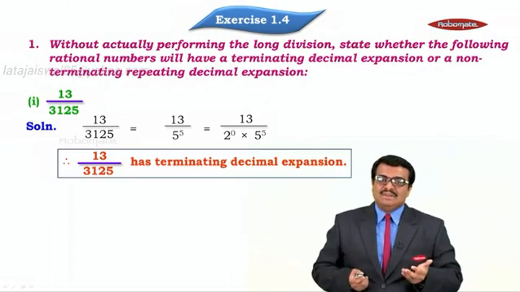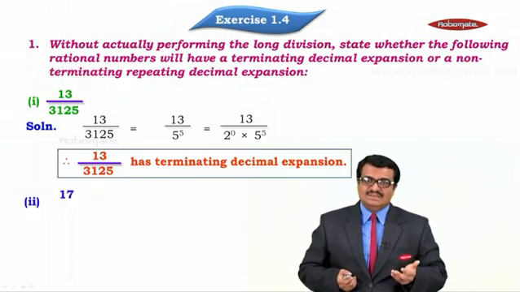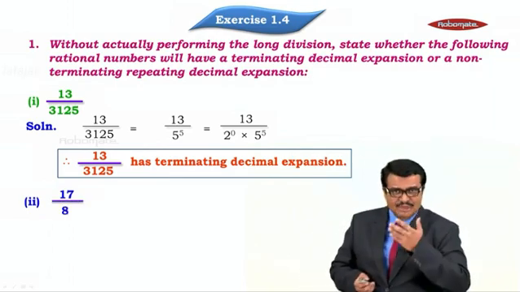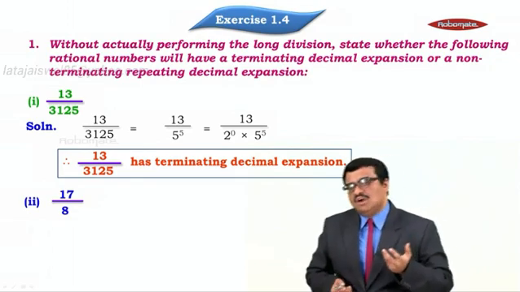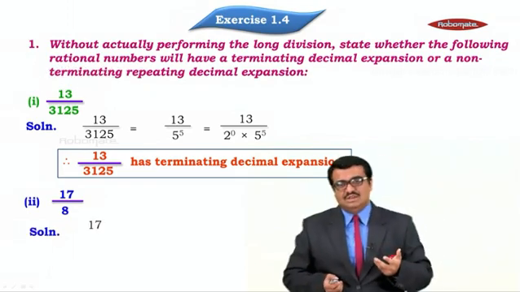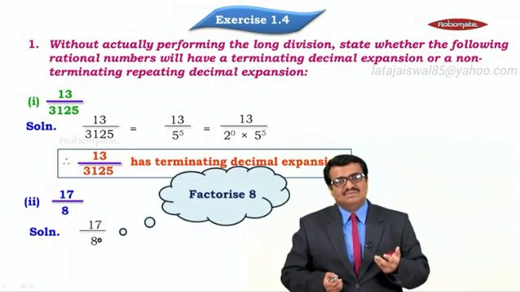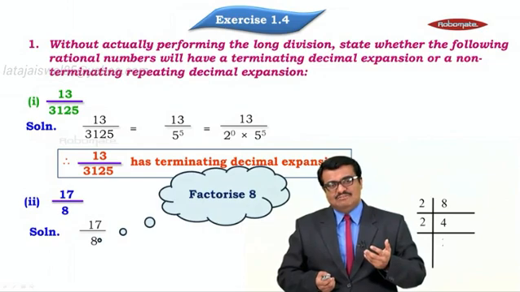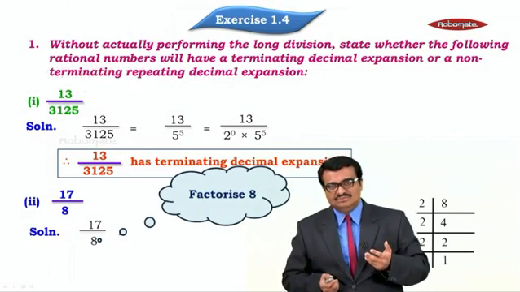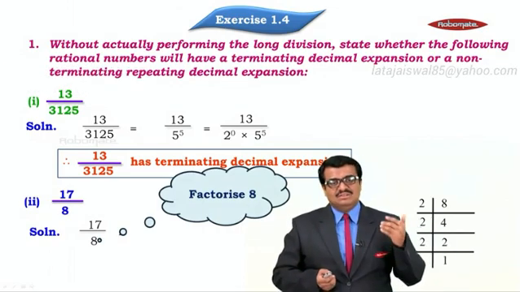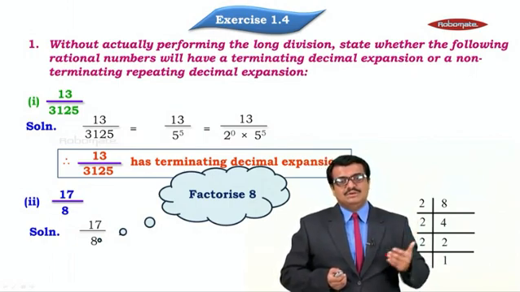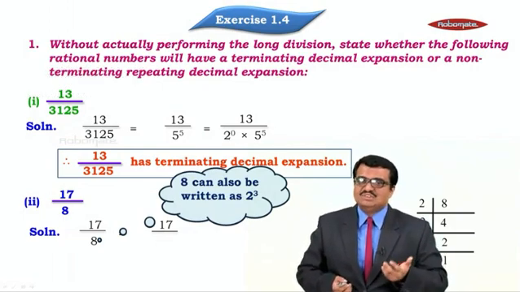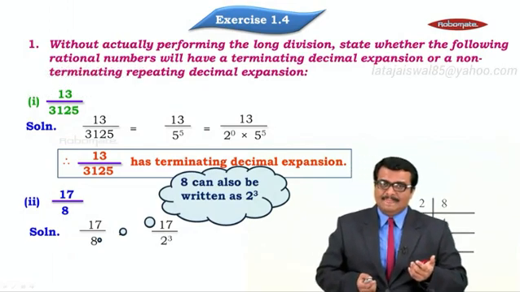Right? The next question, second question, 17 upon 8. If you take up this question, let us take 8 to our working column and do the prime factorization of 8. So 17 upon 8, right? Factorize 8. So 2 4s are 8, and 2 2s are 4, 2 1s are 2. So 8 can be written as what? There are three 2s, so we can write it as 2 into 2 into 2. So 17 upon, what do we get? 8 can be written as 2 cube, right?